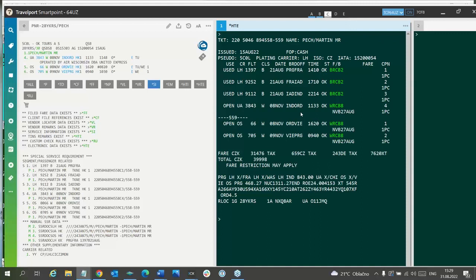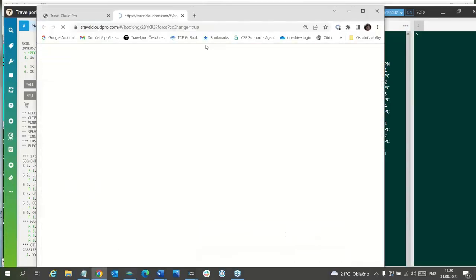So just now the segments are not booked, they are only for informative pricing. So here is the PNR, and I will use this icon to go directly to TCP Exchange.